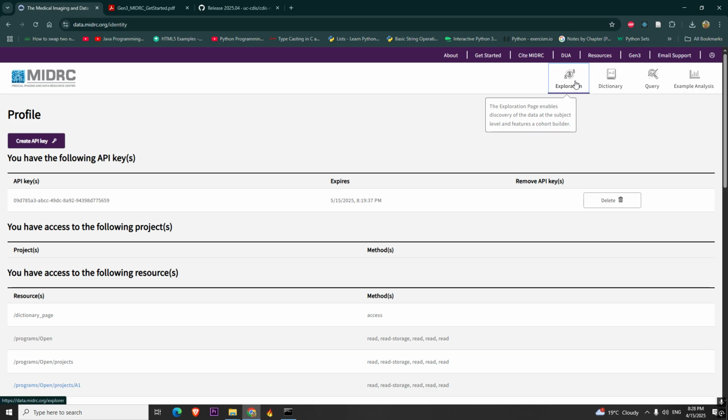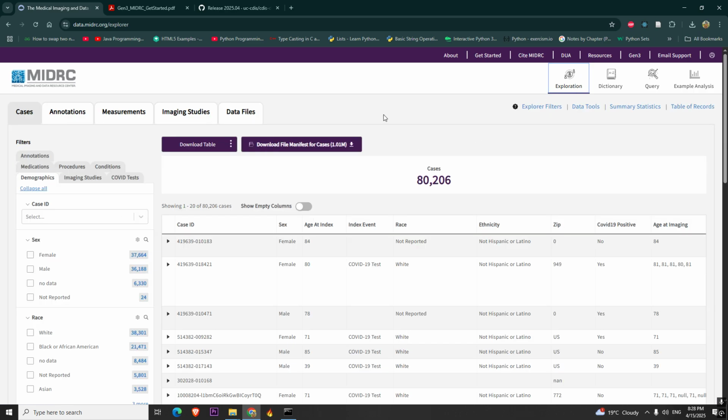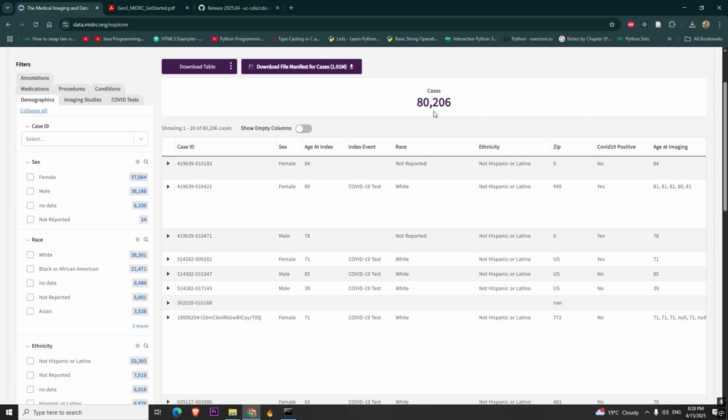Simply go to the exploration page. And now it is time to select the DICOM file that we want to download. It's time to filter out the only necessary type that we need for our research or any sort of studies. By default, you can see that there are 80,206 cases of DICOM related to either pneumonia or